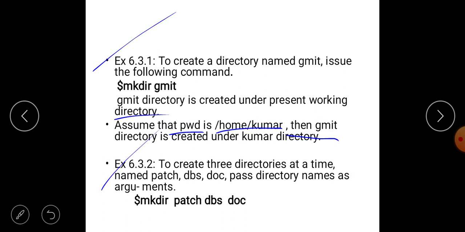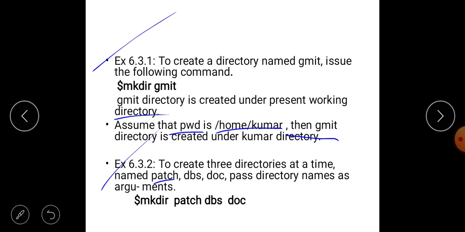Next example, to create 3 directories at a time, named patch, dbs, doc.